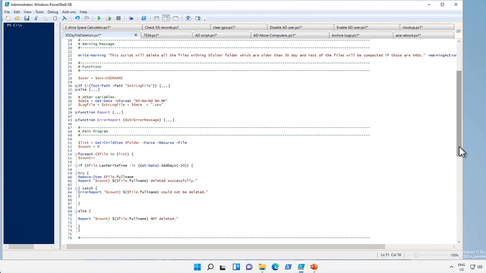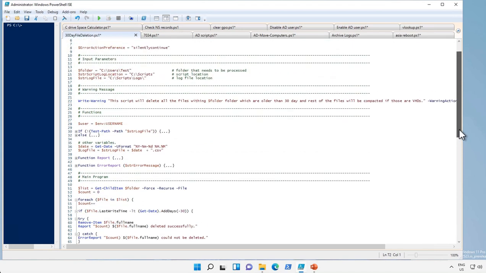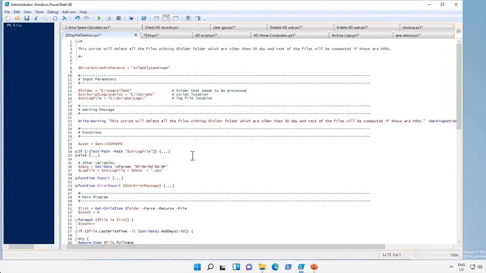And this is the main program. It gets all the child items recursively and compares their last write time. If it is less than 30 days, it will not do anything, otherwise it will remove them. The purpose of showing all these scripts to you is that once you complete this training,